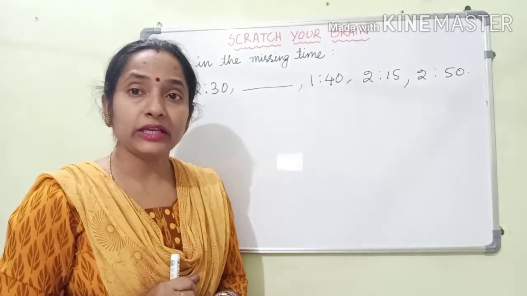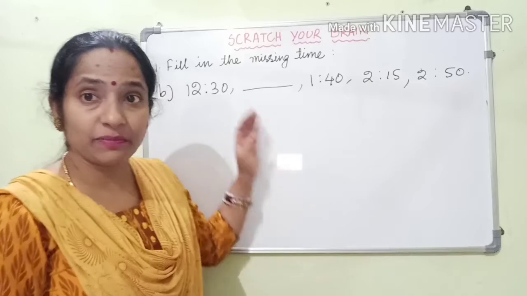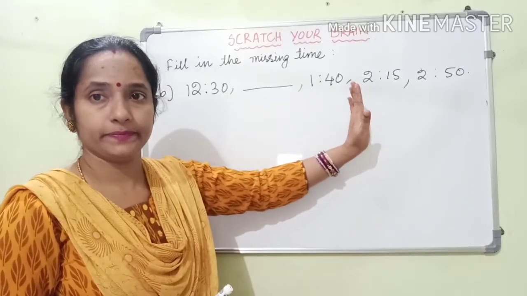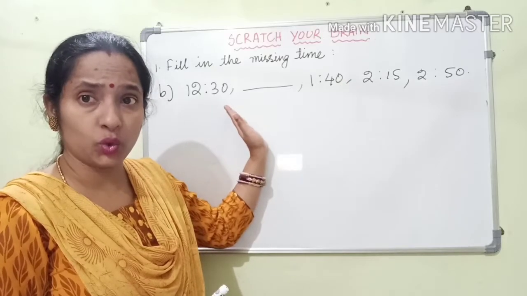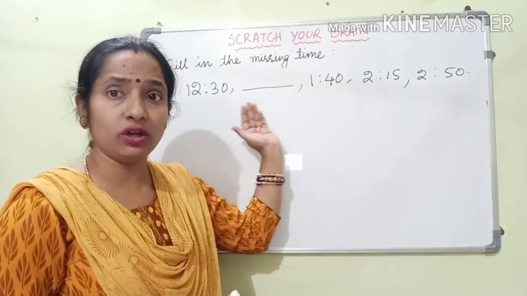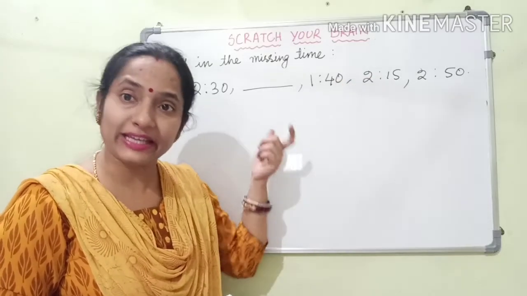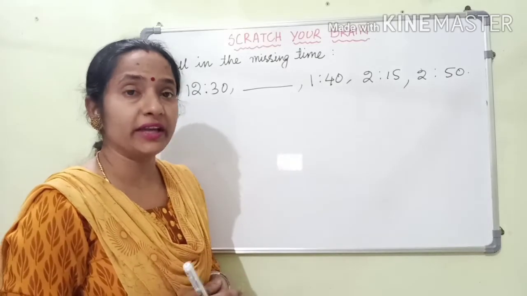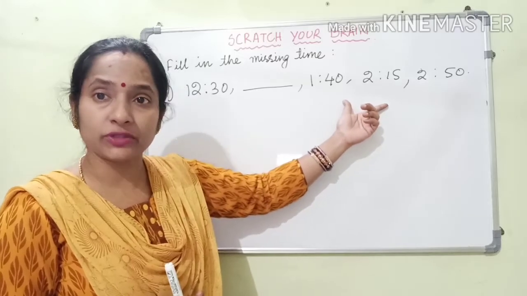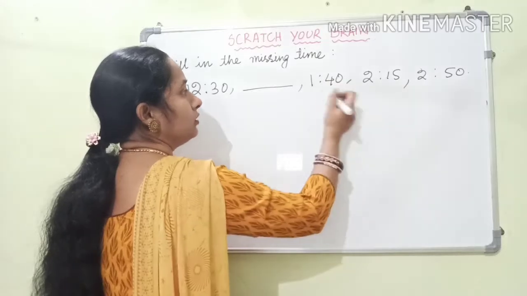Now what we have to do? We have to find the difference. This means one thing is confirmed, that this time is in increasing order, isn't it? After 12 noon, the day keeps on going, the time keeps on increasing. So this is in increasing order only. Now the task is to find the difference of the series. How will you find? Take any two consecutive terms of this series and then find the difference. Let us take these two.